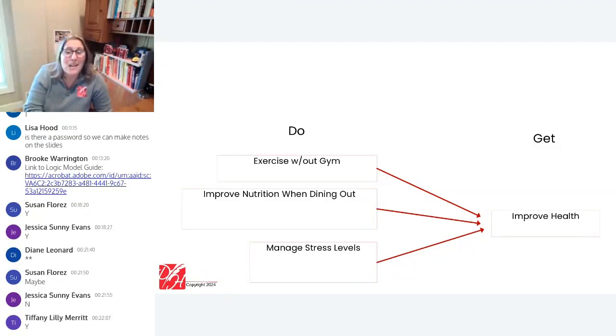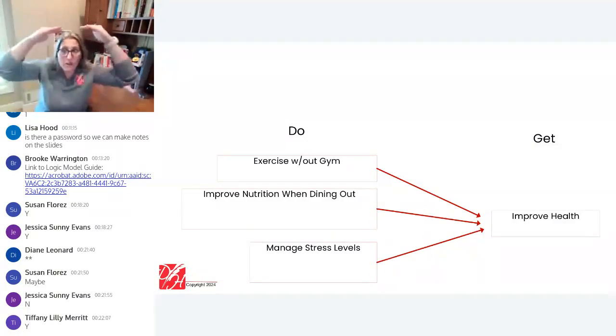I know it might take a moment to type into the chat box, but if you could please, I'd love to see a few examples of what you've put together. Again, it could be one strategy to one result. It could be one strategy to multiple results. It could be multiple strategies to one result. All are great answers. We're not going to pull it apart, ask you lots of questions. No, I just want to get a sense of what your 30,000-foot overview looks like.